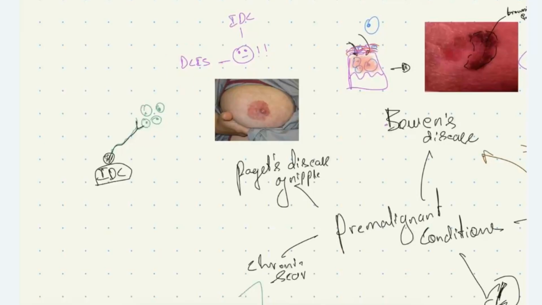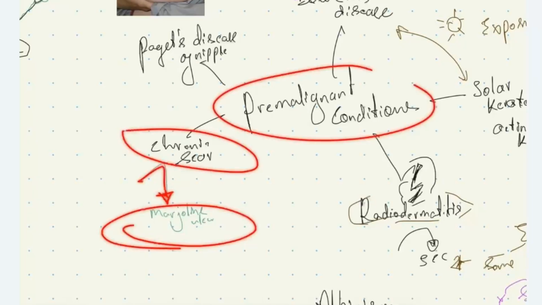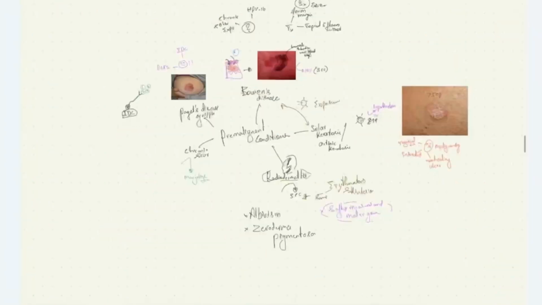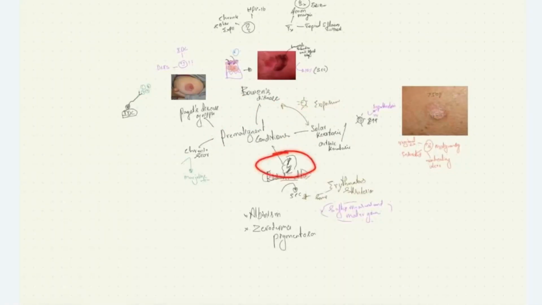Remember this point. And we saw the chronic scar or the chronic venous ulcer can lead on to Marjolin's ulcer. So this chronic scar is one of the pre-malignant conditions. We discussed the pre-malignant conditions of skin. Due to sun exposure, that is Bowen's disease and solar or actinic keratosis, radiodermatitis, Paget's disease of nipple, and